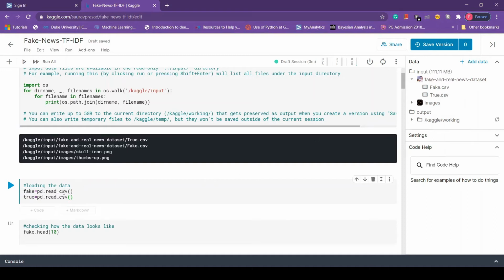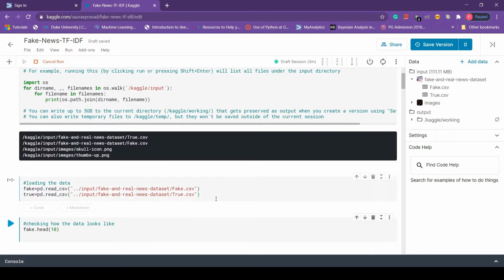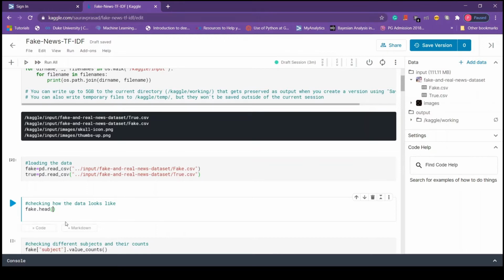Since it's a CSV file format, you use the pandas read_csv method and paste the file path into parentheses. So doing the same for both the files, and once it's done, press Shift Enter to run this cell. So our data is uploaded into the notebook.